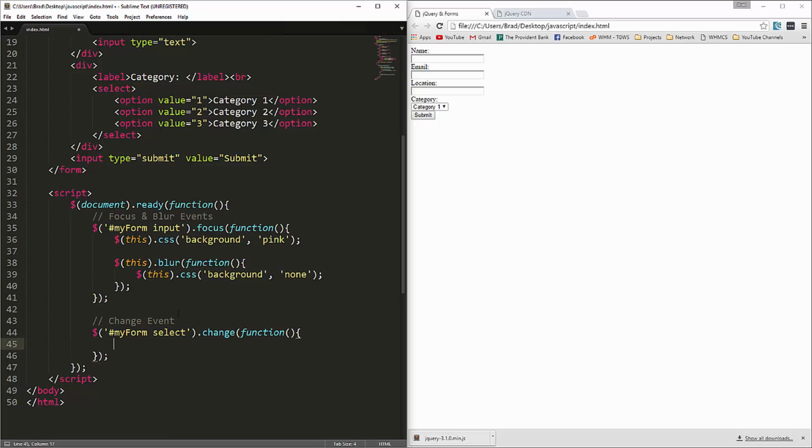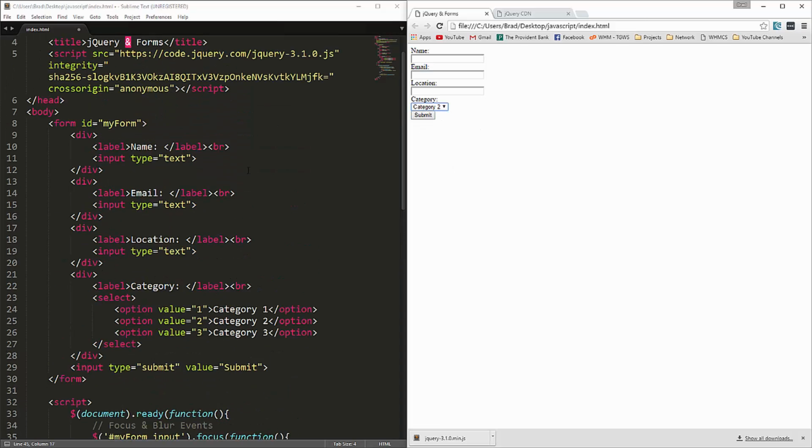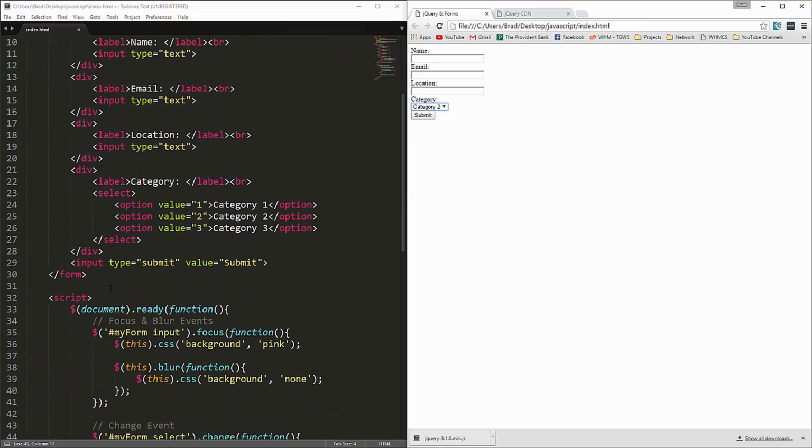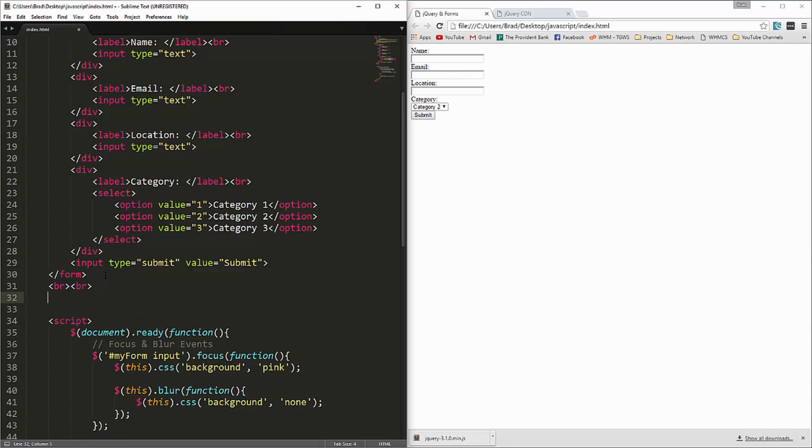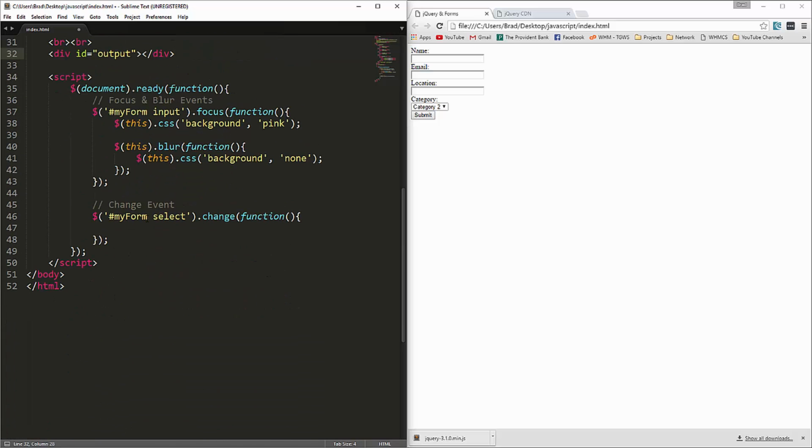And what I want to do is when we select an option here, I want to display it down here. So I'm going to put a div up here right below the form. Let's put some line breaks, and let's put a div, and we'll give it an ID of output. Alright, and then down here, in the select event,